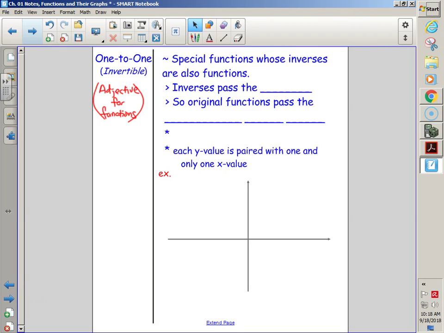One-to-one. Just another way of saying one-to-one. Each x has only one y and each y has only one x. So it's one-to-one in the sense of going forwards and backwards. Whereas normally for functions, we only need each x to have one y. We don't need it to go the other way. But to be an invertible function,